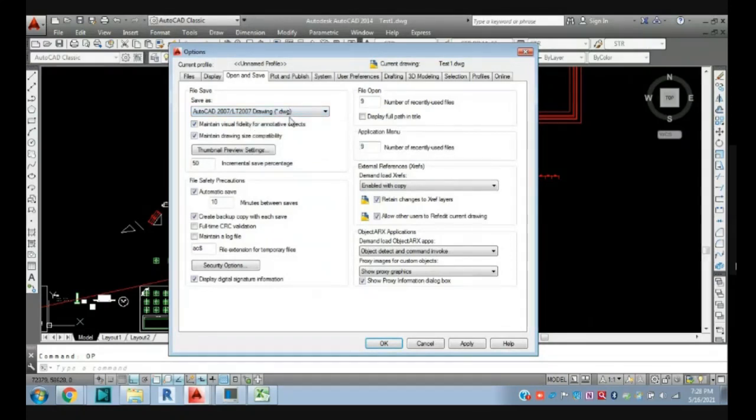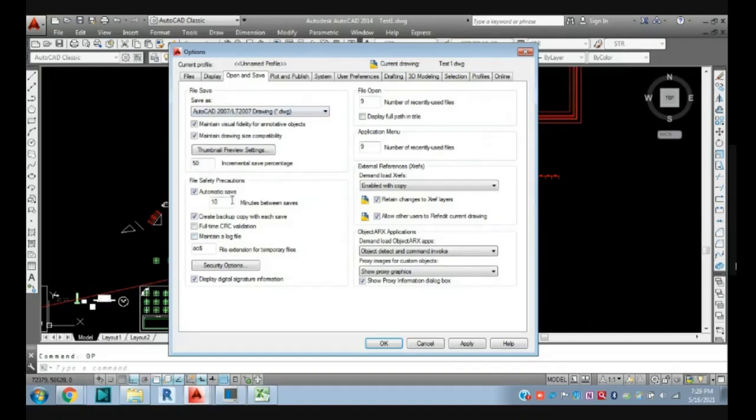Suppose you are working in 2014 and your client or team member uses a lower version, meaning 2010, 2011, 2012 or 2013. Then you need to set this lower version. With 2007, they can also easily open this file, so just set the lower version here so they can easily access this drawing.